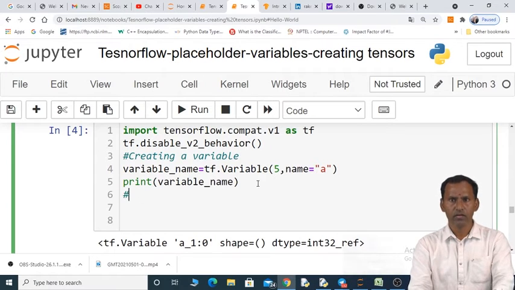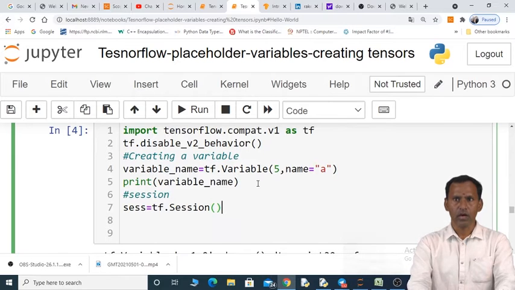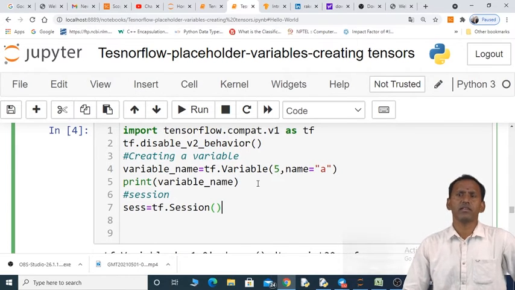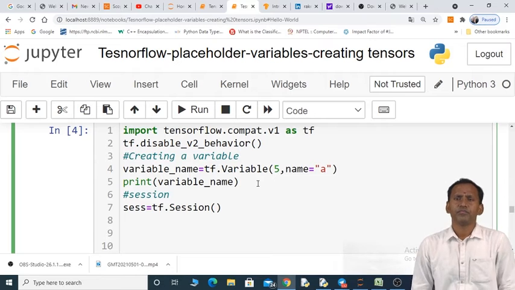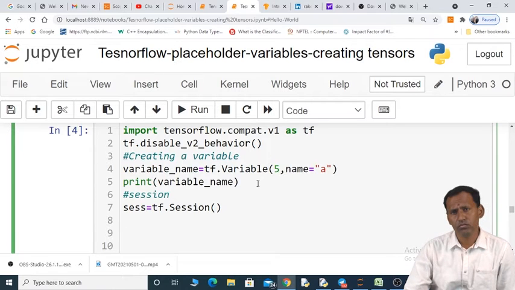We have to create a session. Session ses is an object of tf dot Session. Now after creating the session, we have to initialize the variable.